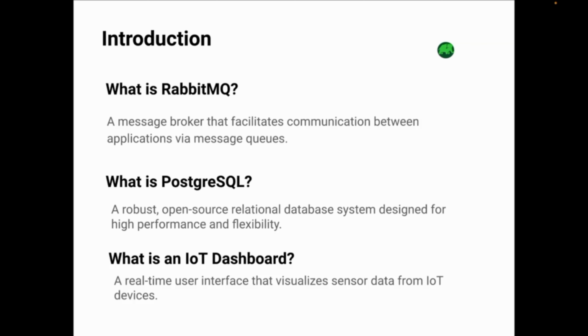So in our setup, PostgreSQL will act as the brain where all the IoT data is stored and organized, ready to be accessed by our dashboard or other applications. And finally,